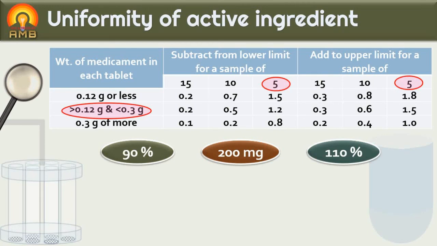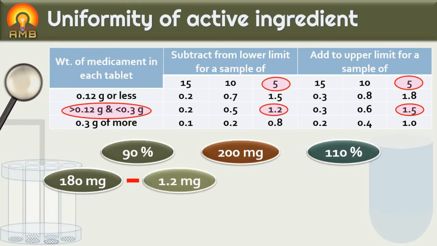Then a relaxation of 1.2 from the lower limit and 1.5 from the upper limit is allowed. 90% of 200 mg is 180 mg. 1.2 mg can be subtracted from 180, that is 180 minus 1.2 is equal to 178.8 mg. As we take a smaller number of tablets, instead of 180 mg, a minimum of